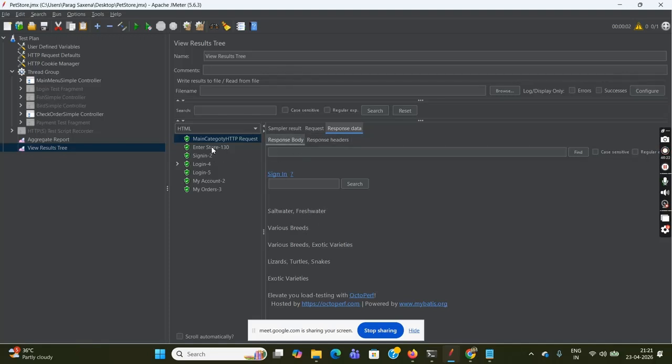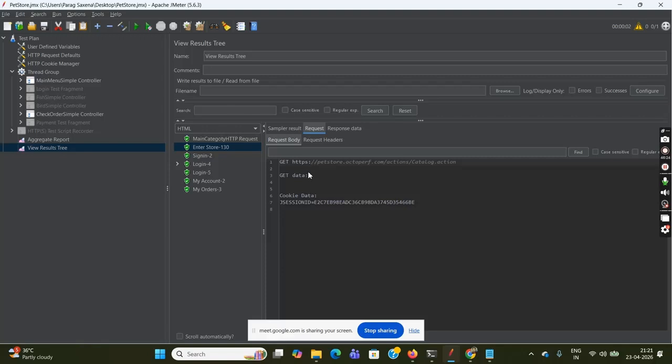Okay, then this is the second request I was making. And if you see, here there is cookie data. When you are making the request, cookie data is created. If I copy this cookie data,